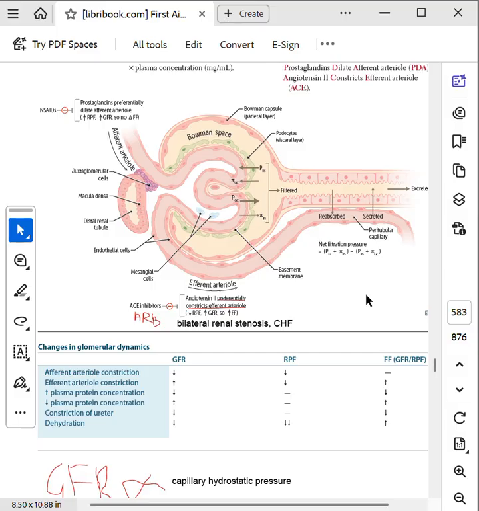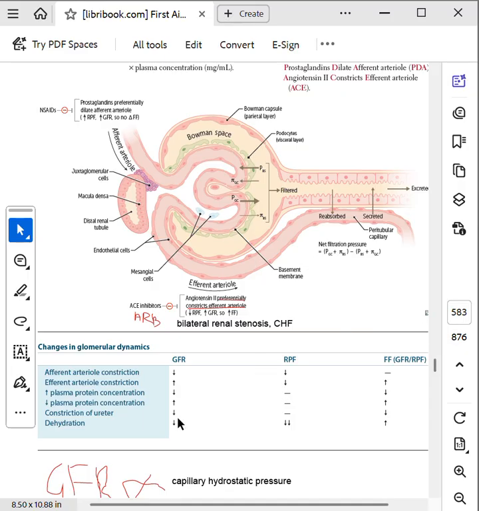In nephrotic syndrome, there's effacement of the podocytes. All these podocytes, in the visceral layer, become far apart, and the protein is able to leak, and the normal charge is lost on the membrane, and the protein is able to leak here. Since the protein is able to leak here, filtration becomes very easy. And in nephrotic syndrome, in the earlier stages, you find the GFR being increased.